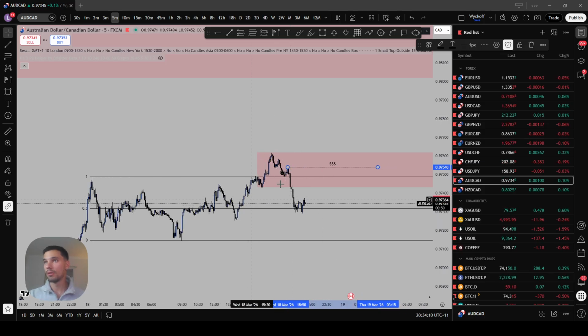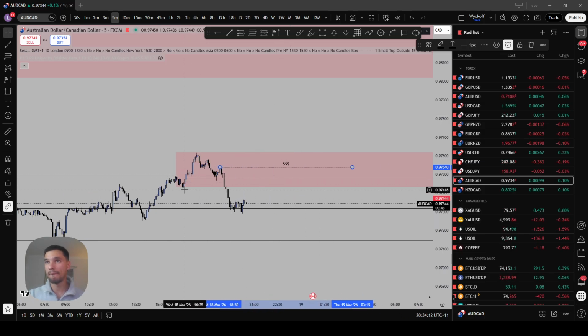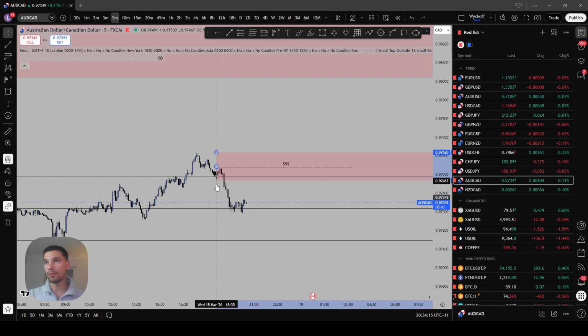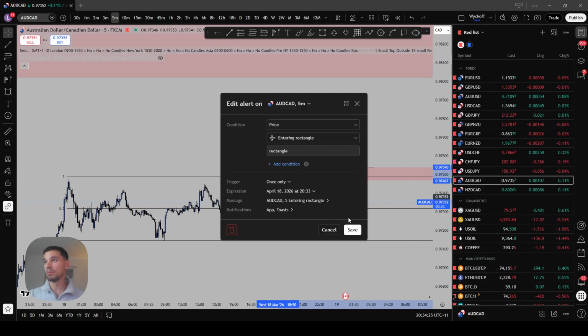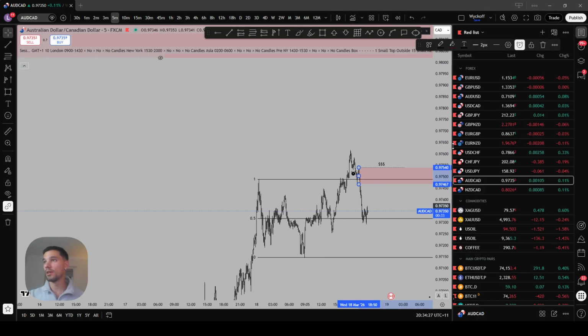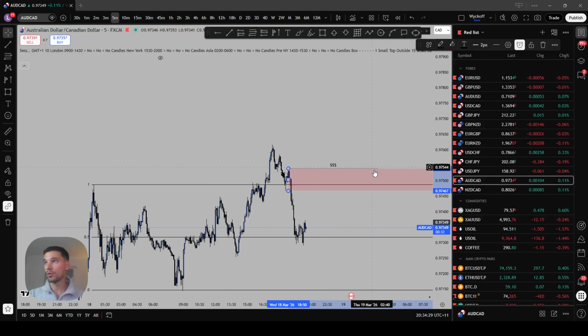Yeah, obviously on the lower time frame this supply has been mitigated, but we do have this fine area here with the supply just above it, which isn't the most convenient, but as always we're going to wait and see what reactions we get.